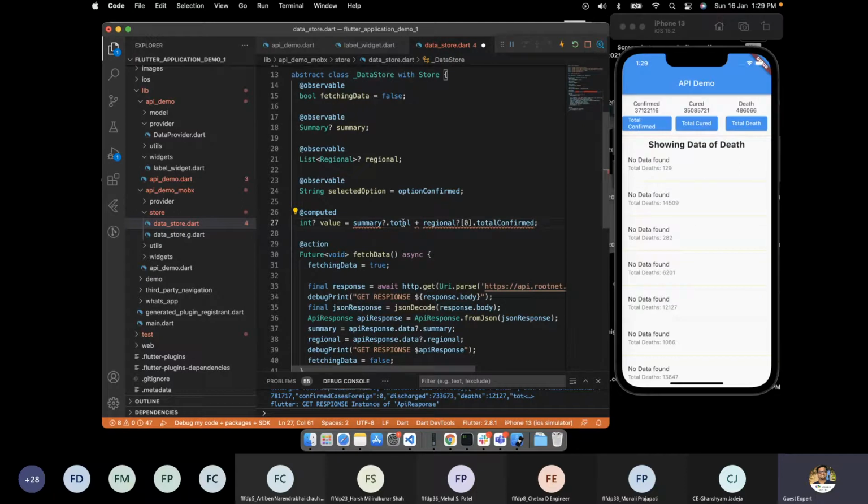But here we have to manage the null and everything. So we will manage it like this.